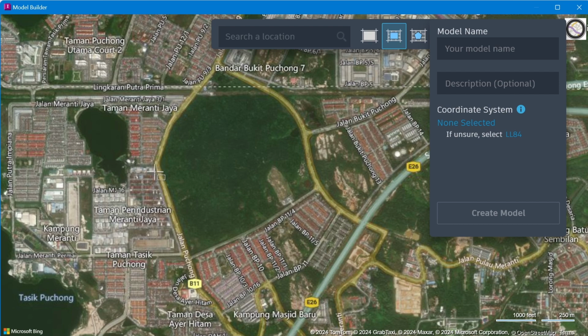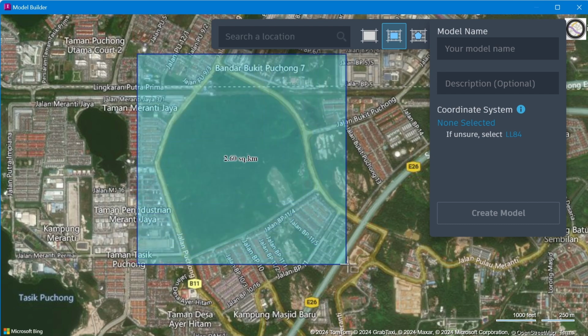Let's have this one. Then we will have the road, the existing interchange, intersection here, so then we can learn more.